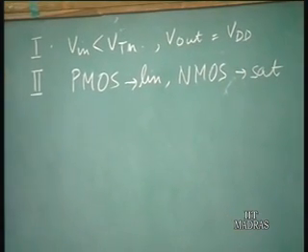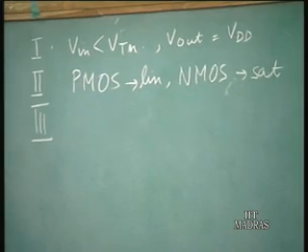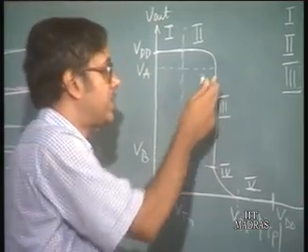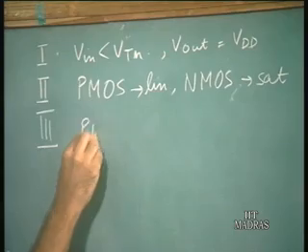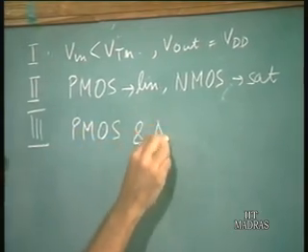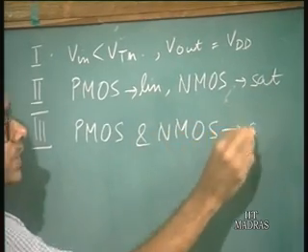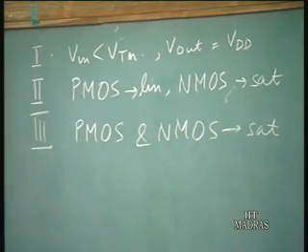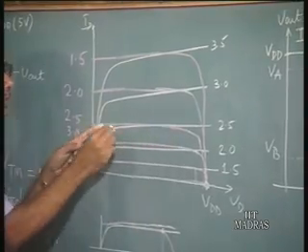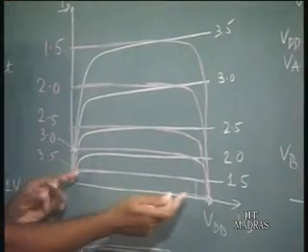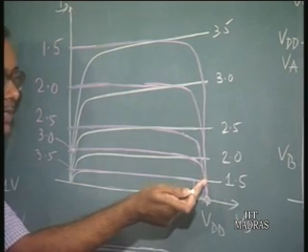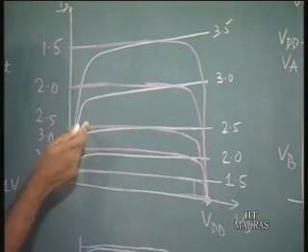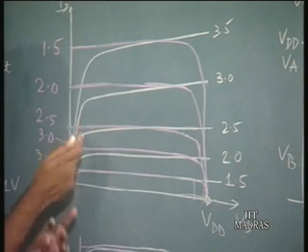In region 3, where there is a sharp change, when there is a sharp change in the output voltage for a small change in input voltage, then both the PMOS and NMOS transistors are in the saturation region. This can be seen here. This is region 3. So as we increase the voltage, initially we have this operating point where the NMOS is in saturation, PMOS in linear, then both are in saturation, this is region 3, and then if we increase the input